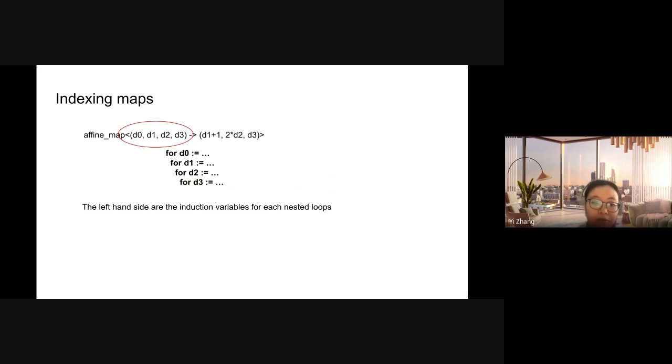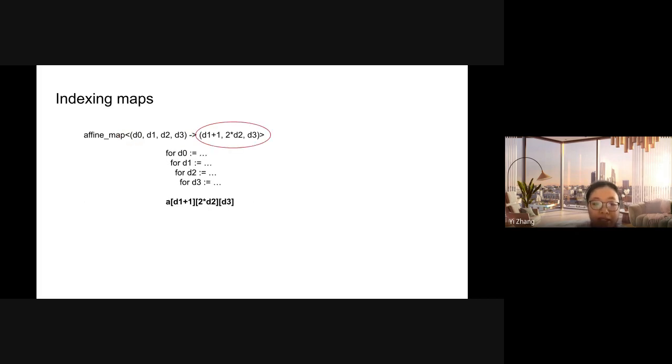For example, for a 4-nested loop, there should be 4 induction variables. On the right-hand side are the affine expressions of the induction variables, and those are the indexes used to access each scalar element of the tensor. The number of affine expressions should be the same as the tensor dimensions.